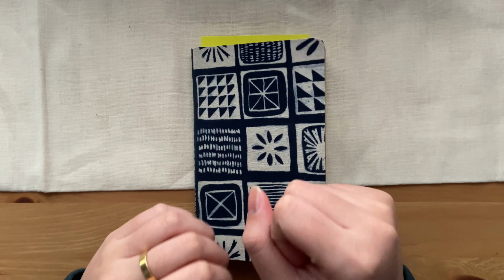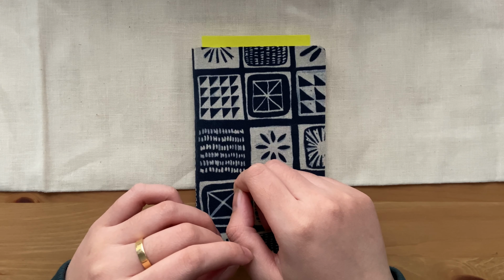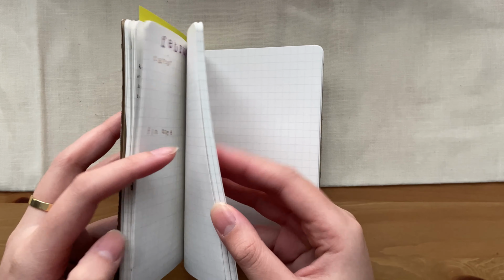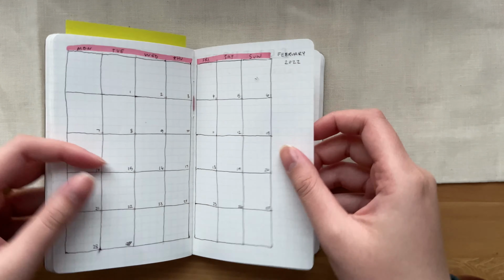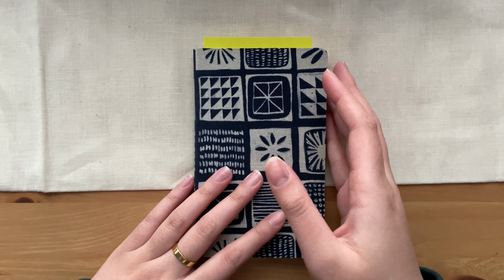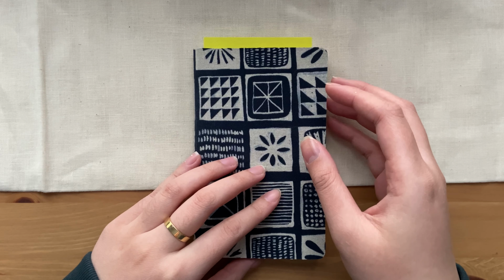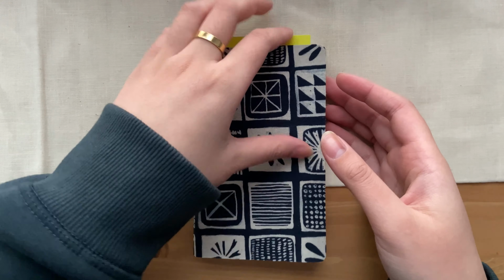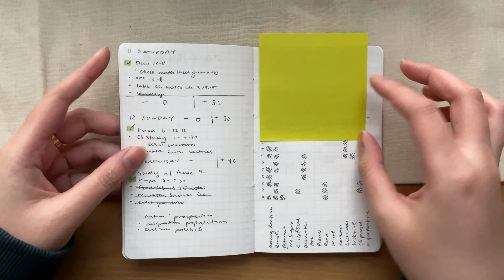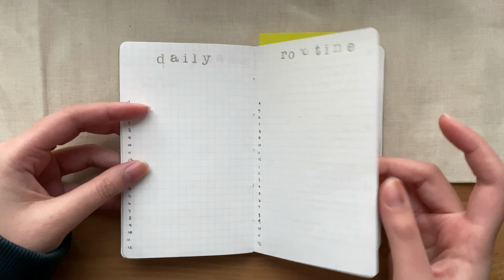Hello everyone, welcome back. A commenter asked if I could do a quick February setup, and while I was setting up February, it seemed a little too simple to be a video all on its own, so I decided to just go over all of the spreads since December and see how my journaling and planning has changed since then. So let's get started. So here I started December, immediately after setting up my 2022 bullet journal,